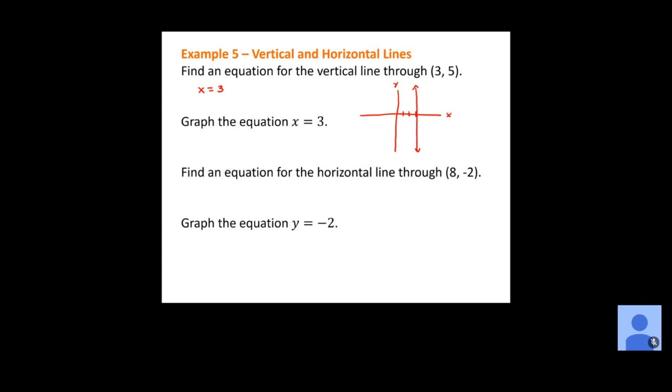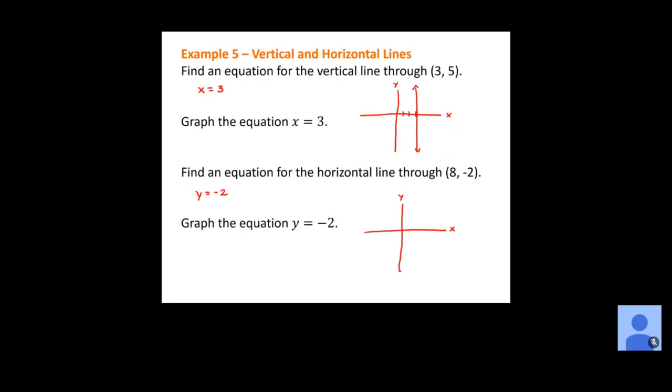All right, now, what about the equation for a horizontal line that goes through (8, -2)? Good, y equals -2. This time we want a y equals equation. We want to make sure we're going through that y value, which is -2 this time. So there's our horizontal line. Now we want to sketch the graph. So if we sketch the graph of y equals -2,